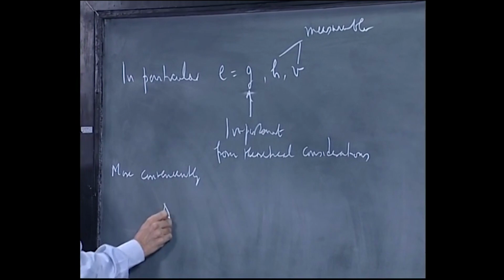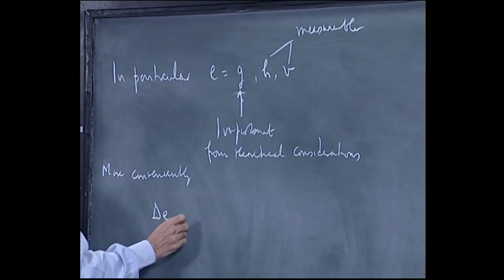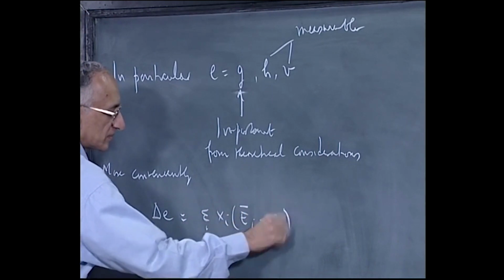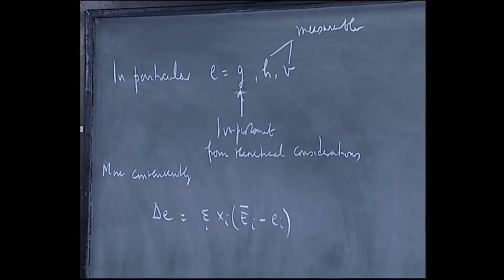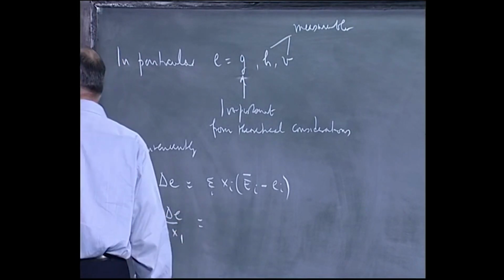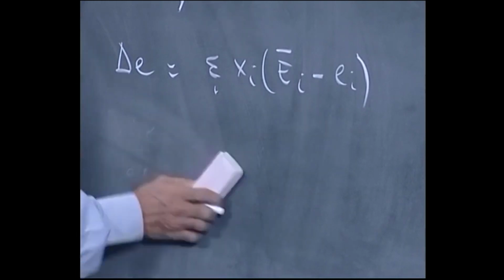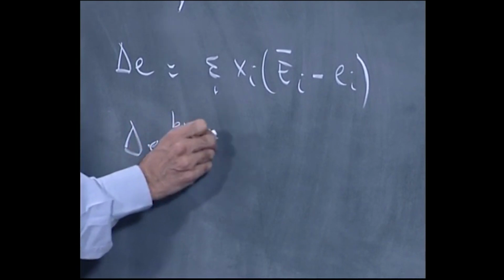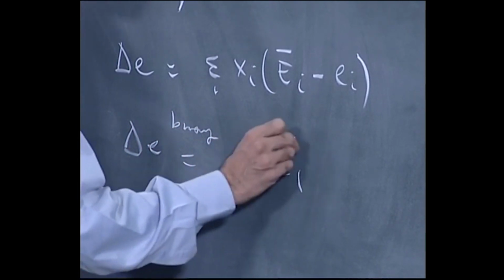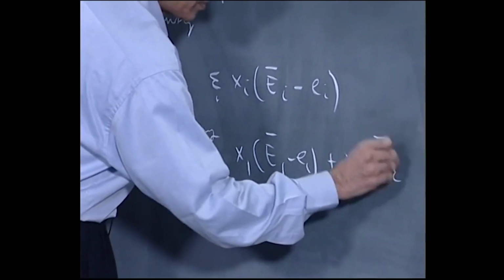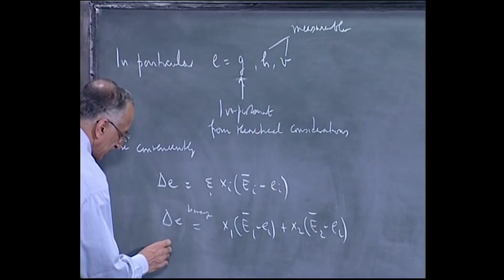We write the same equations, we write equations like this: delta E is equal to sum over xi, then you get partial of delta E with respect to delta x1. I have to write it specifically for binary. I am just repeating the whole thing for